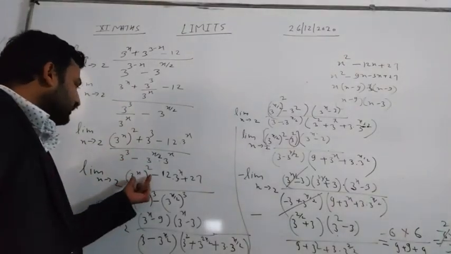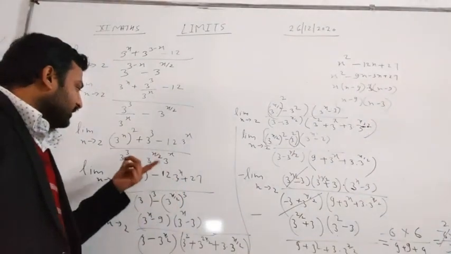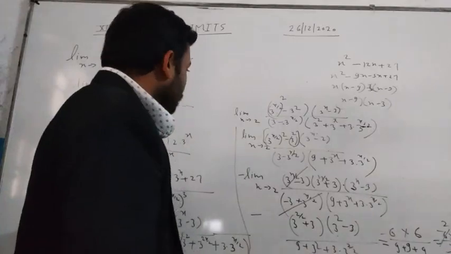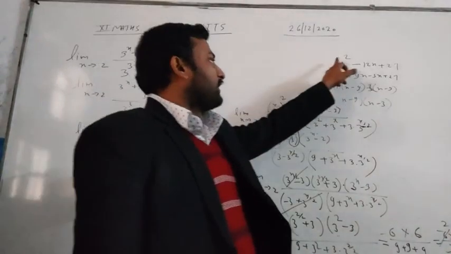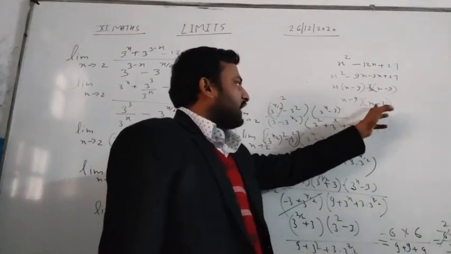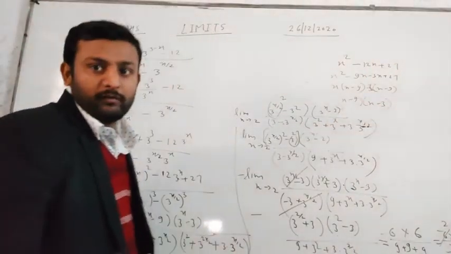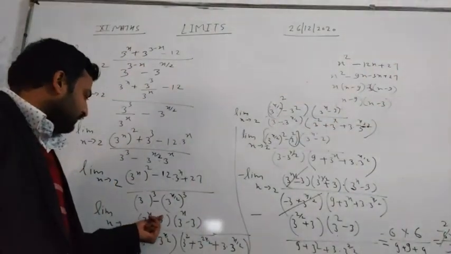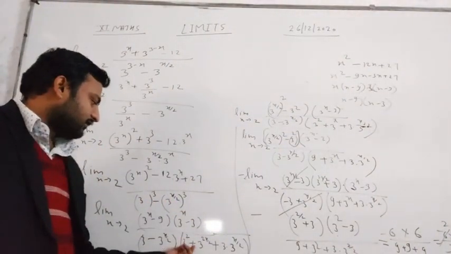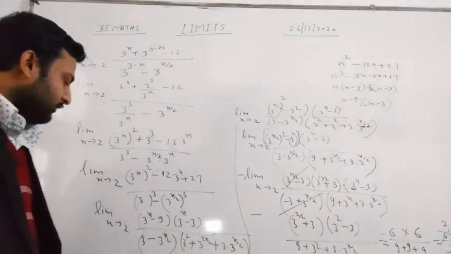So this is, student, a quadratic equation. Now we are solving it. In this quadratic equation, let 3 to the power x be x. So x square minus 12x plus 27. After solving, we get x minus 9, x minus 3. So we have taken 3 to the power x minus 9, 3 to the power x minus 3, and here a minus b, a square plus b square plus ab.